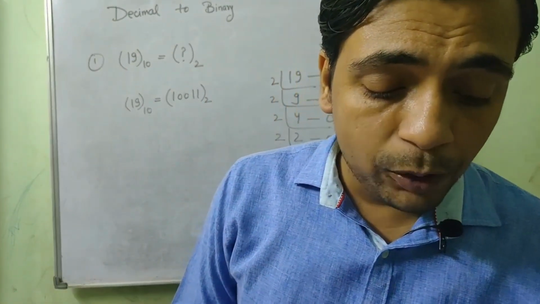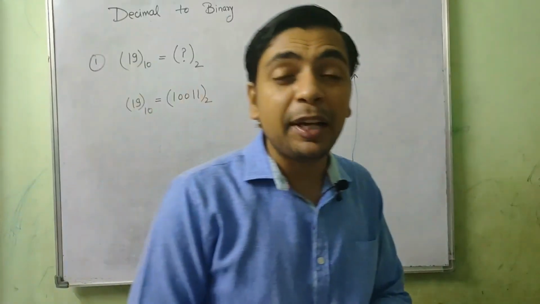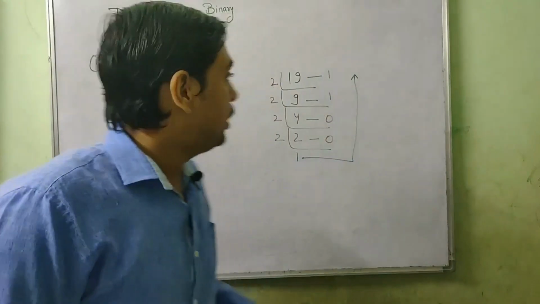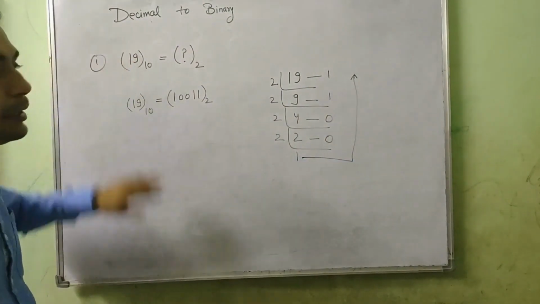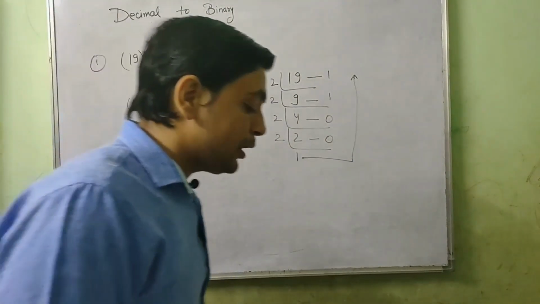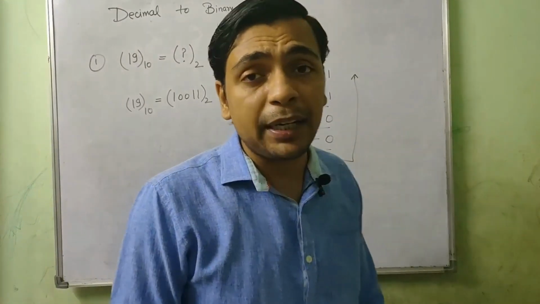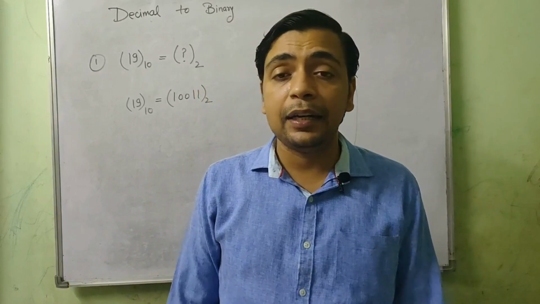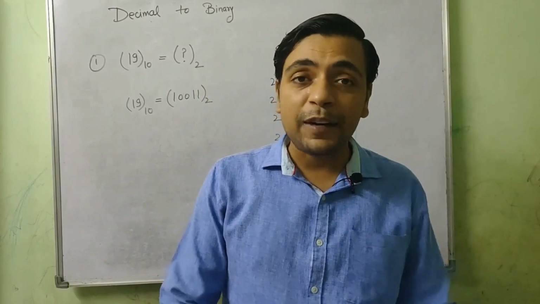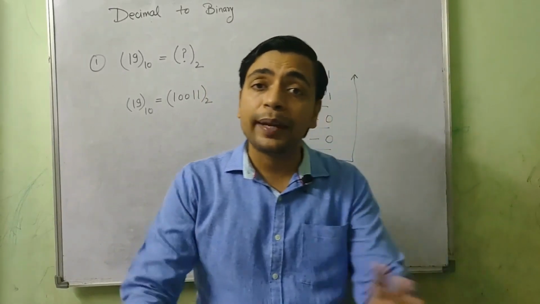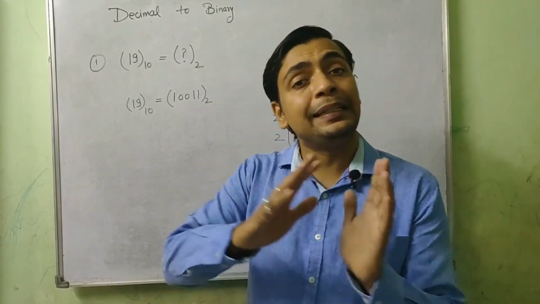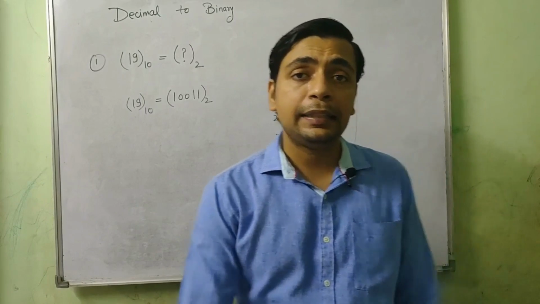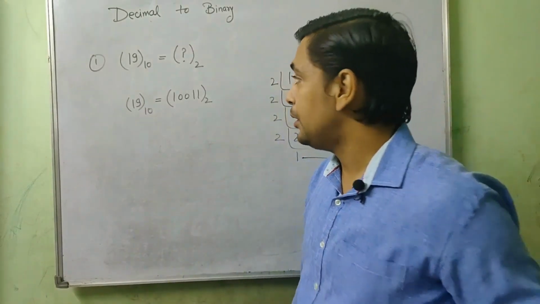Now let's see one more question in binary, but this time we are going to deal with the fractional part as well. This one was containing only the integer part. But suppose your decimal number has a fractional part as well, how are you going to do that? If you are thinking you will divide every time by 2, even the fractional part, that is wrong. You are going to divide by 2 only the integer part. So how are you going to deal with the fractional part? Let's see.